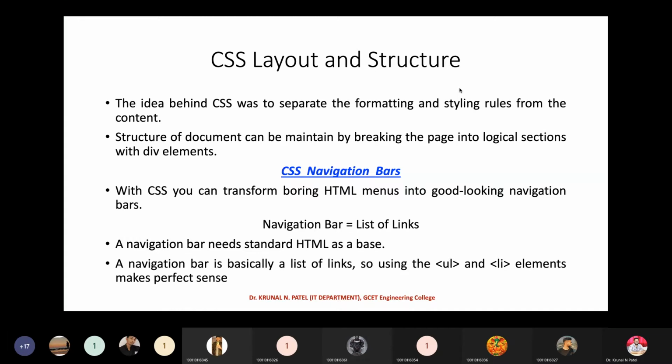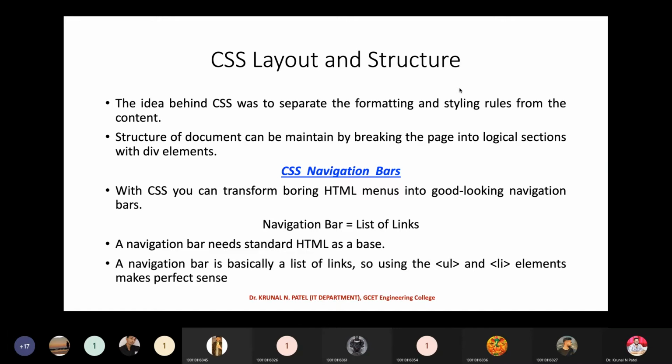3 or 4 types. But before that, today we are going to start with the CSS layout and structure, right? So what is the meaning of CSS layout and structure? The fundamental, or basic, idea behind CSS is to separate formatting and styling rules from the content.